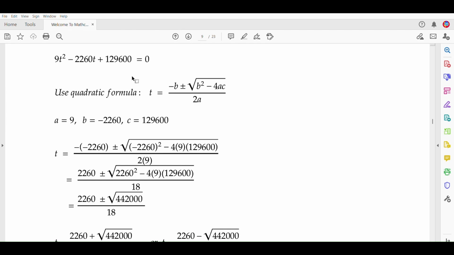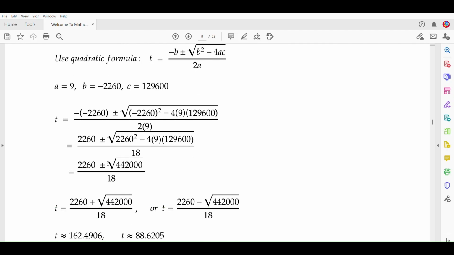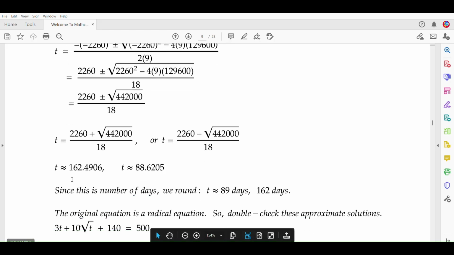Okay. Substitute in the formula. These are large numbers. Be careful, but the algebra remains the same. Eventually, I get the square root of some positive quantity, so I have two potential solutions. From the first, I get t is